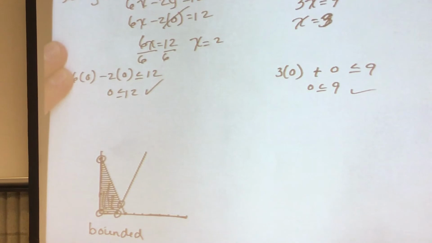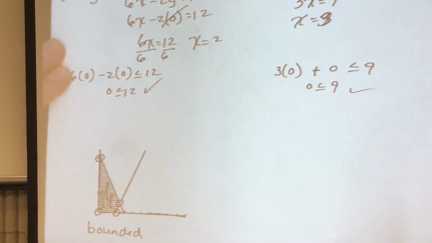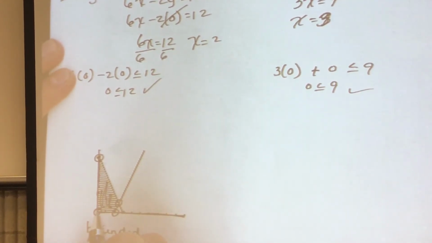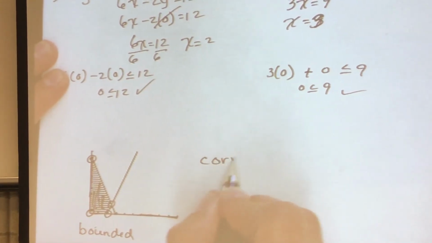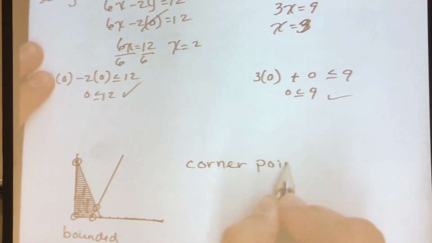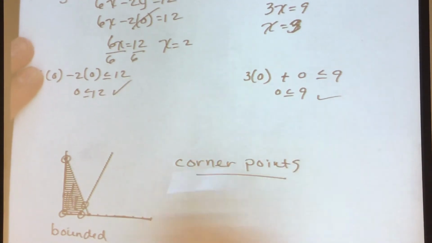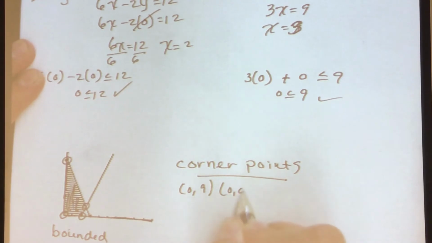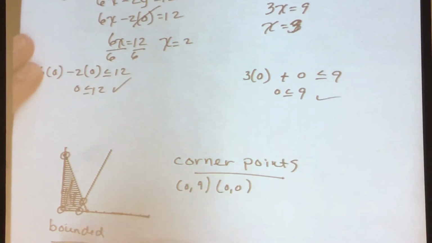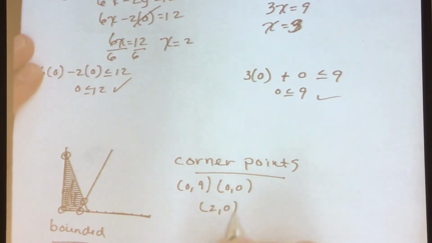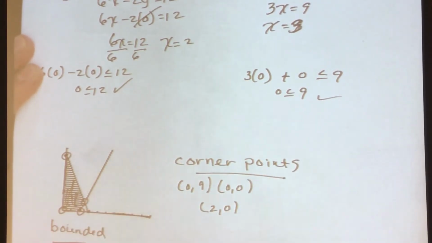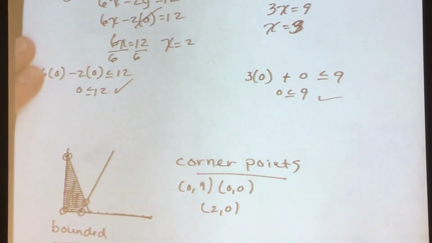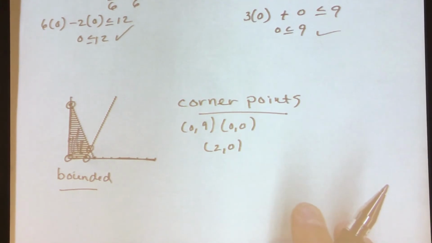The area is bounded. And our corner points are, we determined this one to be 0, 0. And we have 0, 9. So 0, 9 and 0, 0. We have 2, 0. That's this point right here, 2, 0. Now solving the point of intersection. To solve that point of intersection, I will use the